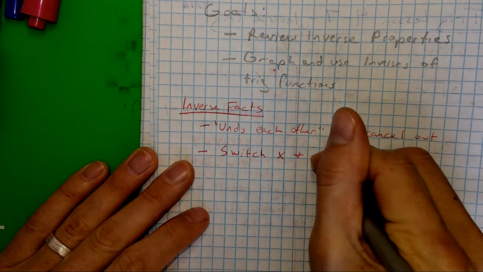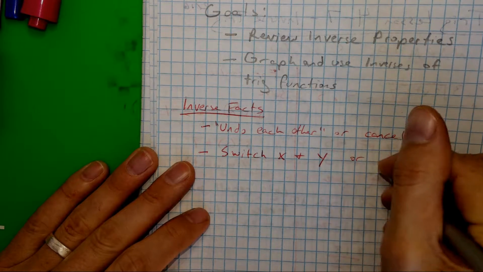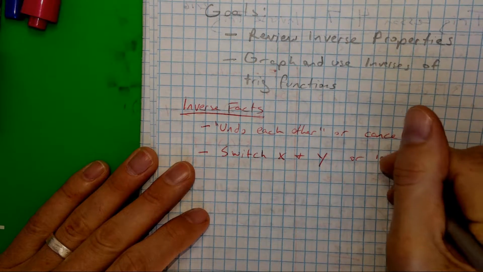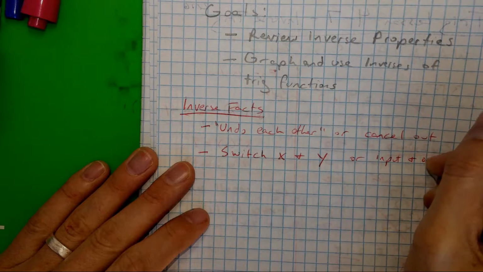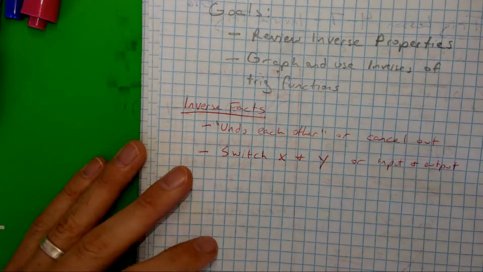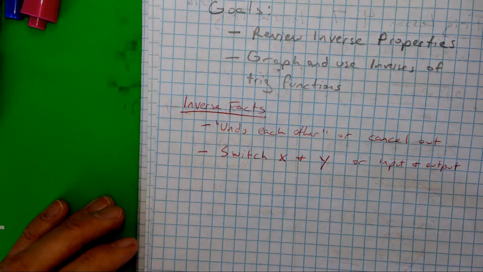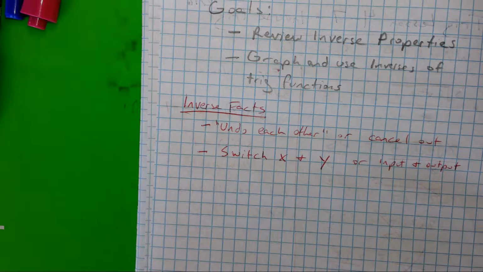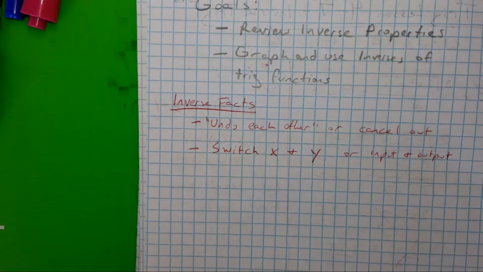Isn't it possible to find an inverse by taking all the signs like addition, subtraction, multiplication, and division, and just switching them with their opposite? Not exactly, because the order of operations also switches. So it's a little bit more complicated than that. So when we switch the x and the y,